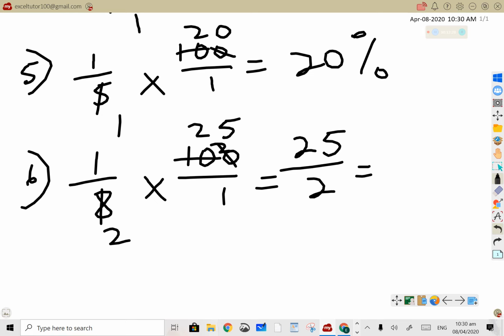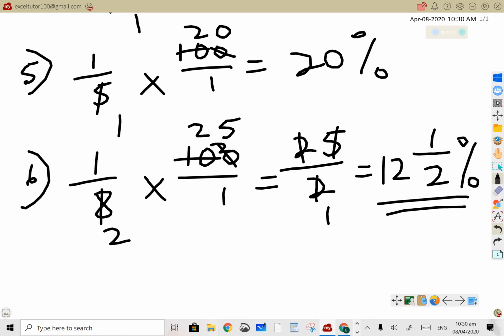So now we make this into a mixed number. So this is a percentage here, but we want to leave it like this. So we say 2 into 2 is 1, 2 into 5 is 2, and we have a remainder of 1 over 2. So we have 12.5%. This will be very important for your exam. 12.5% represents